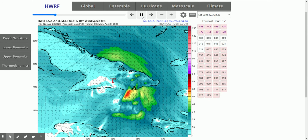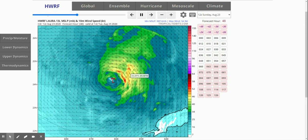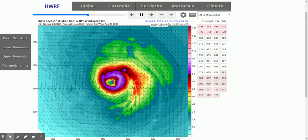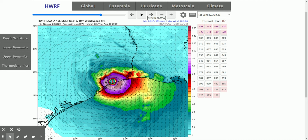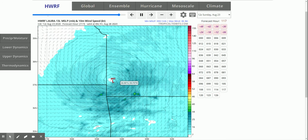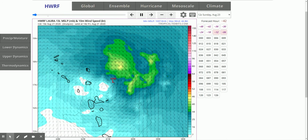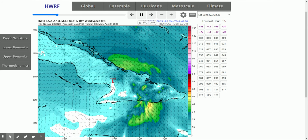Here's the latest model run from Tropical Tidbits, the HWRF model, heading towards the Gulf and rapidly strengthening, at a peak of about 929 millibars, which is possibly a high-end Category 4 or a low-end Category 5 with winds of at least 155 miles an hour. As we continue through the simulation, it weakens after landfall and shows tropical characteristics until Missouri, with a pressure of 996 millibars,